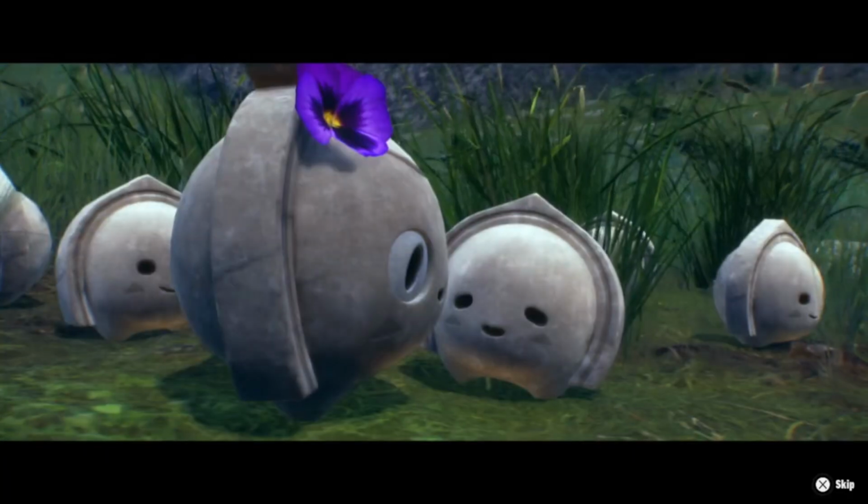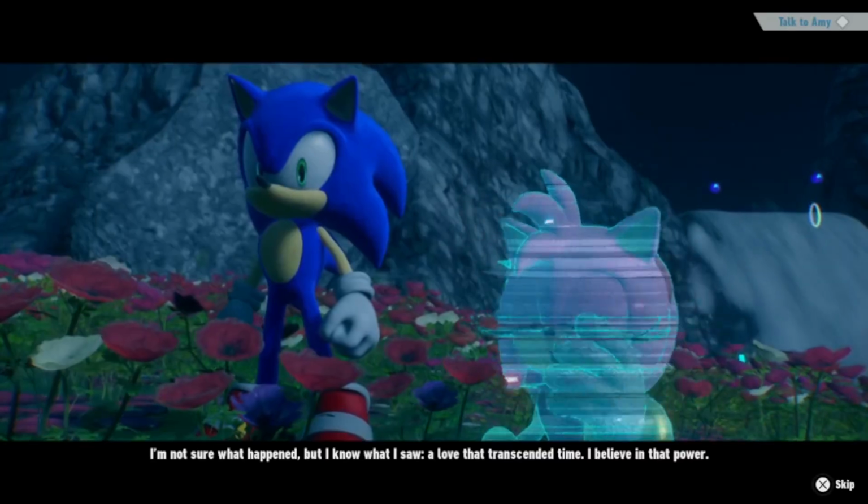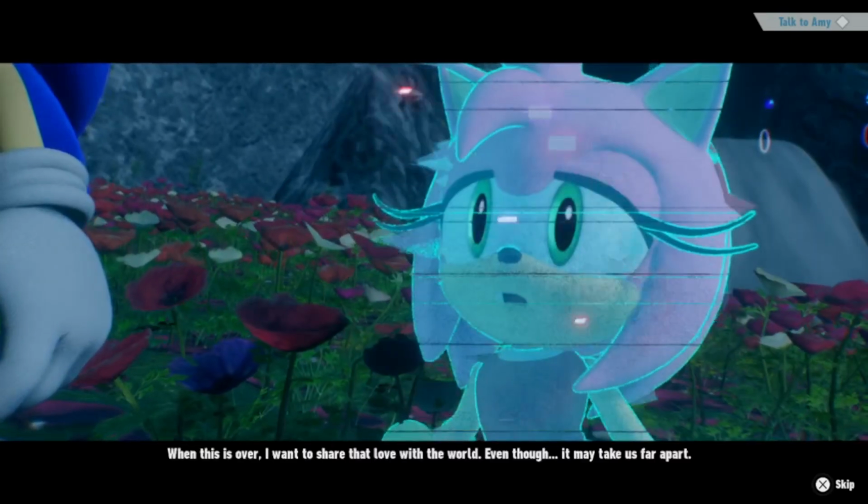Damn, there's real, genuine dynamics in my Fast Hedgehog game. What the hell? By the time we find Amy again, she talks about wanting to share her love with the